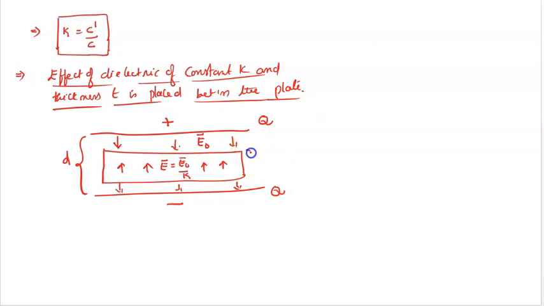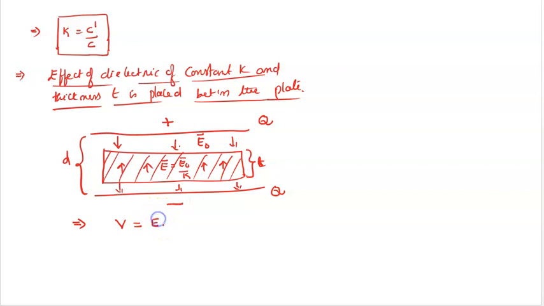The dielectric of thickness T is placed between the plates of the capacitor. Now we need to find the new capacity. So here the potential difference between the plates of the capacitor, from the V and E relation, V is equal to ED. But here two electric fields are there and two distances are there. One is air, how much distance the air occupied, and second one is how much distance the dielectric of constant K is occupied. So V is equal to ED.